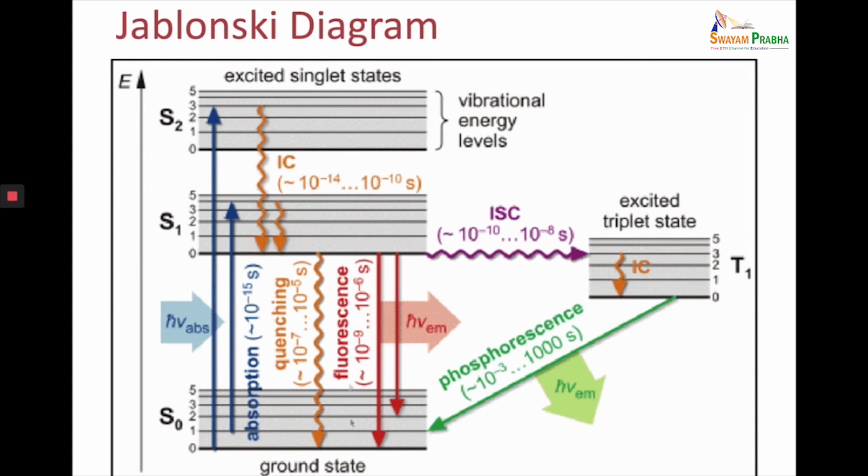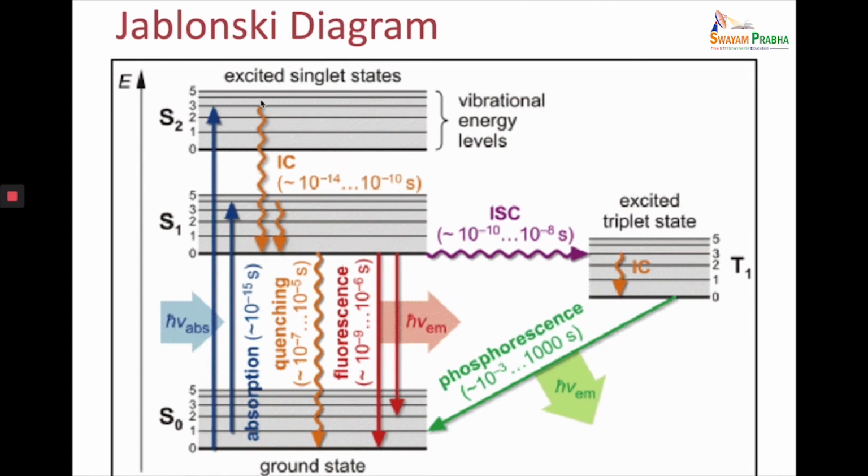Both fluorescence and phosphorescence radiations are of lower frequencies than the exciting light. This is obviously because some part of the light energy absorbed by the molecule is dissipated in the form of heat during non-radiative transition. So just to recap, you have a molecule in the singlet ground state, it gets excited,